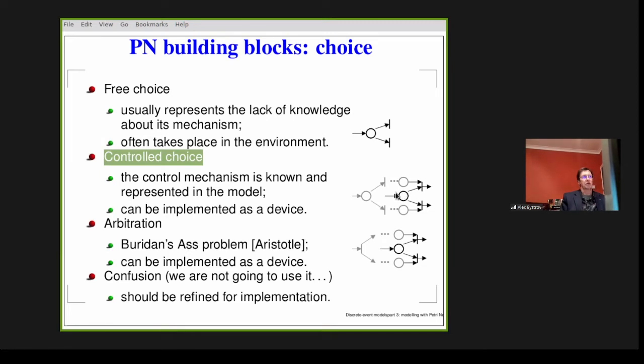It's still a choice because the centerpiece is this. It's a place. The token arrives from some net here and is placed here, and then either this transition or this transition may fire depending upon the gray area of the network. And the gray area of the model is something which is happening outside of our choice.